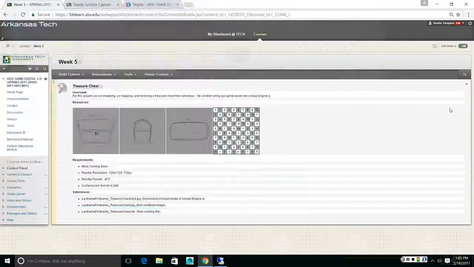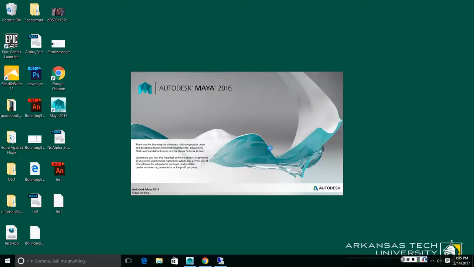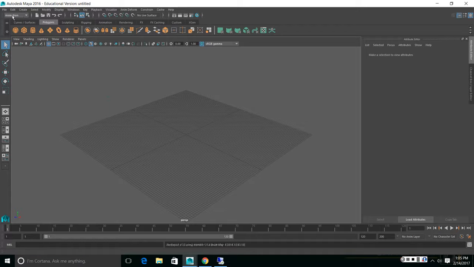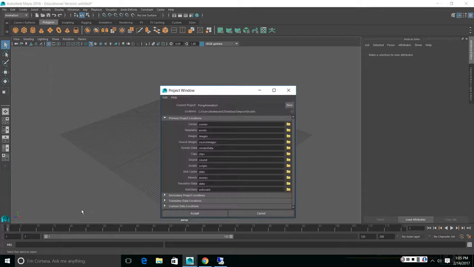And actually, before I do that, probably the first thing I should do is open up Maya and do what? New project. Okay, so if I go ahead and create my new project, I will have a folder to download those images into. Okay. So I'm going to go in here to File. I'm going to go to Project Window, not Set Project. I'm going to hit New because we are working on a new project,